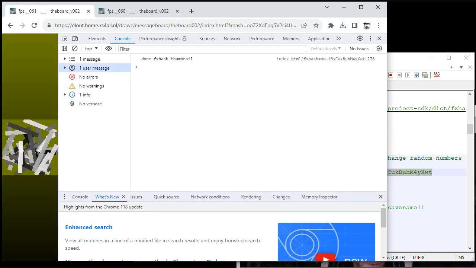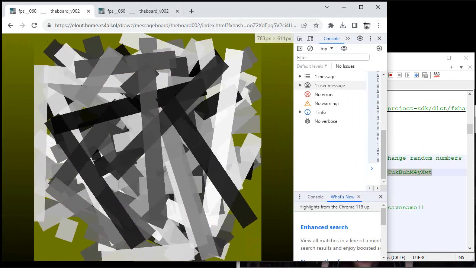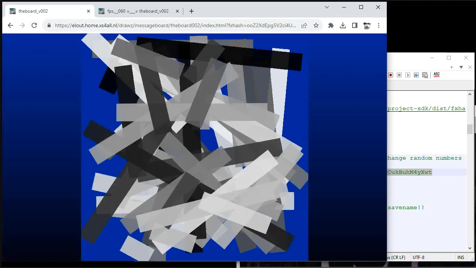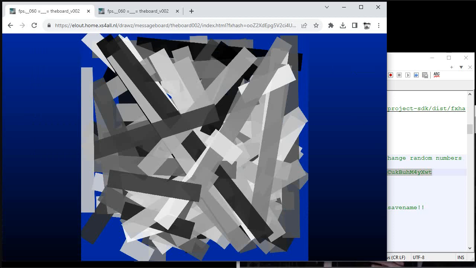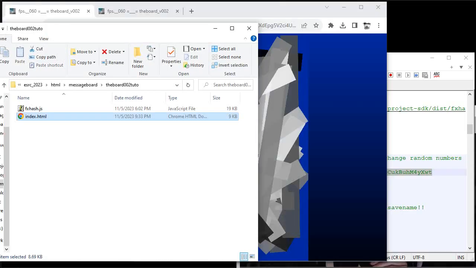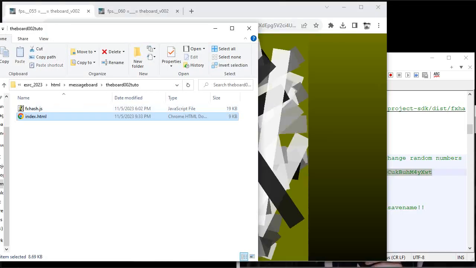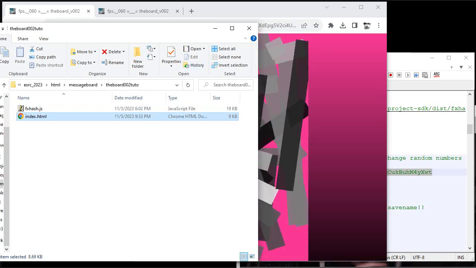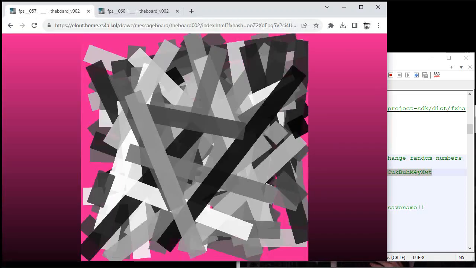Console, use thumbnail. Oh, when it's ready drawing, it prepares also the first thumbnail for fxhash. No libraries used. It's about 8.2 kilobytes with the fxhash together. It's about 8.2 kilobytes zipped, and it's really basically setting up an